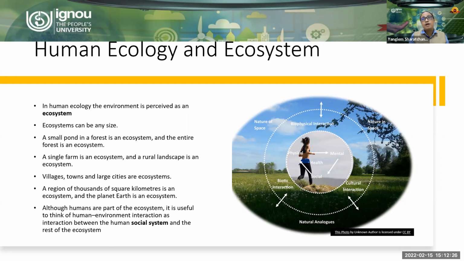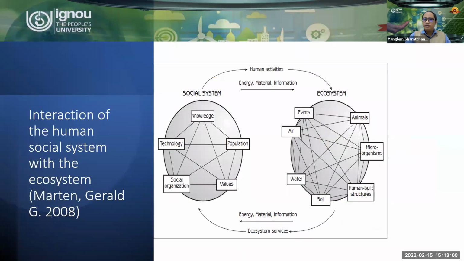And when you look into ecosystems, they can be looked at in different shapes and sizes, right? From the small to the larger context of the planet as a whole in its ecosystem. A pond is also an ecosystem. Even in the rainy season, a small temporary water body is also an ecosystem, right? And in the broader sense, human ecology is also part of this ecosystem. So in that way, the human social system interacts with different environments.